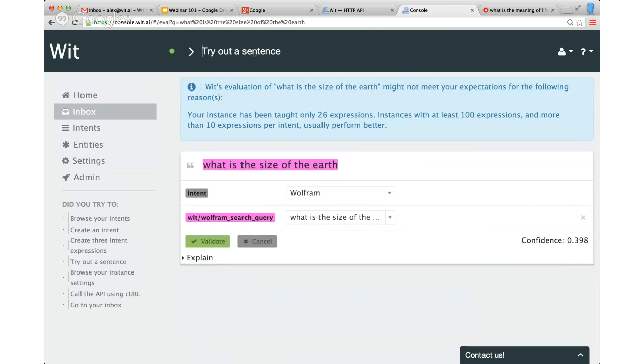Yeah, with just one expression, we guessed, okay, it looks like a good question for Wolfram, and the question is, what is the size of the Earth? And this is something I know Wolfram answers very well. Let's validate. So you see a kind of hack how you can leverage existing knowledge bases to make your virtual agent have more general knowledge and be very smart out of the box.